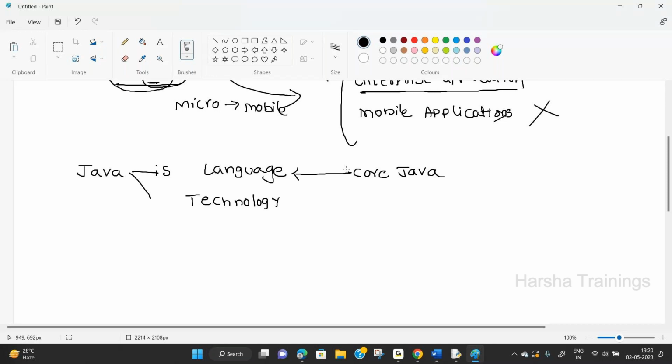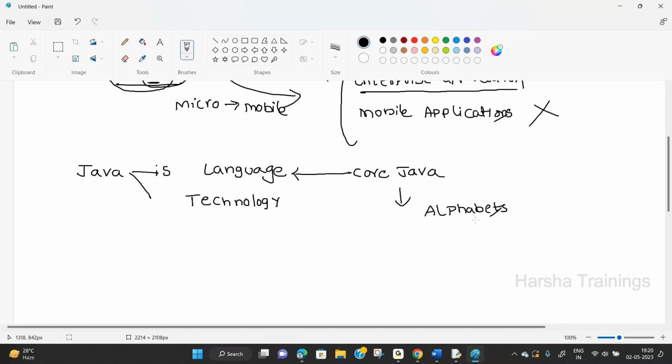Now, what is meant by core Java? Core Java simply consists of the alphabets, the basic building blocks, the basic information that is required for learning a language. Suppose right now you are in nursery.